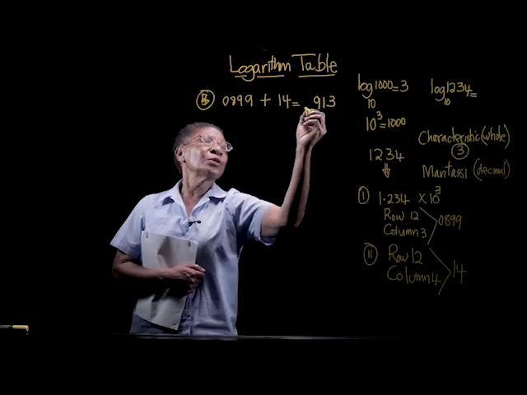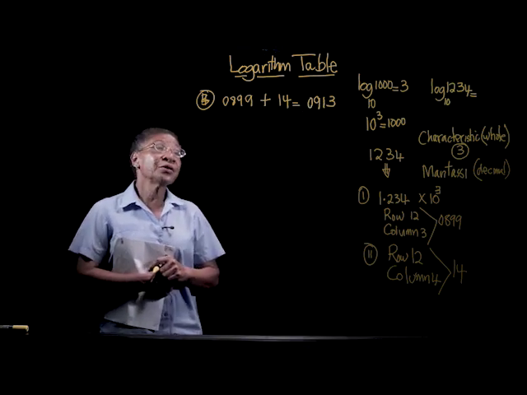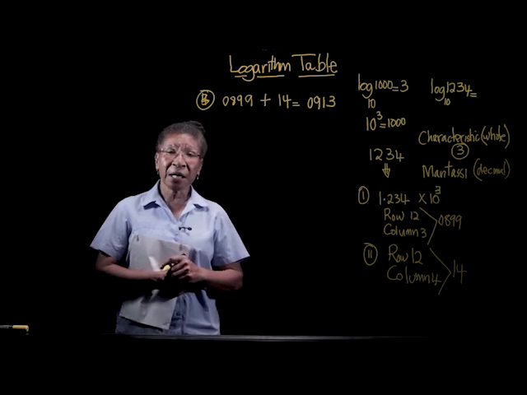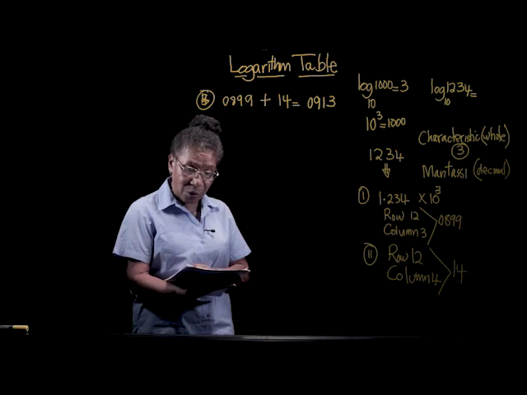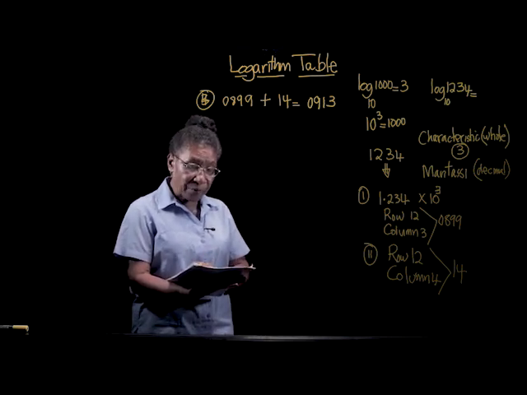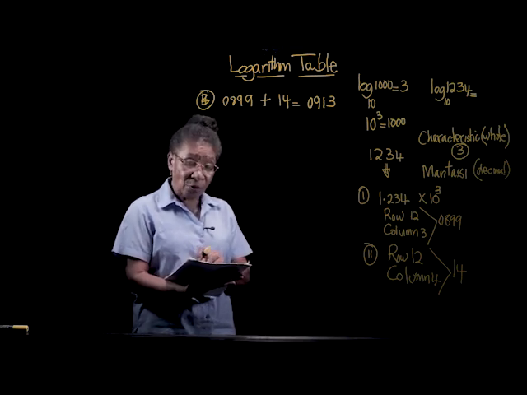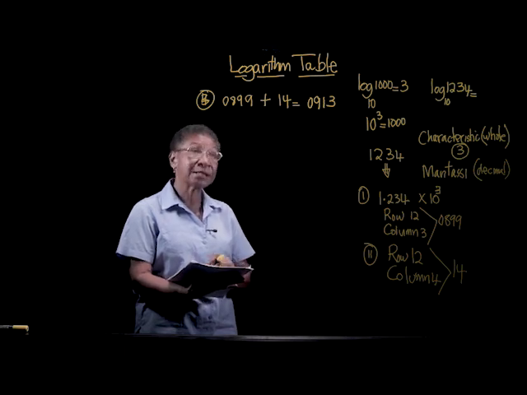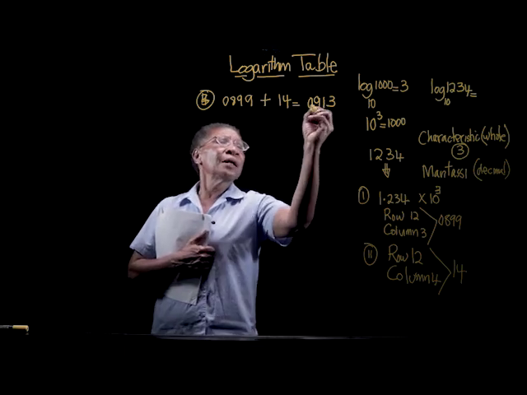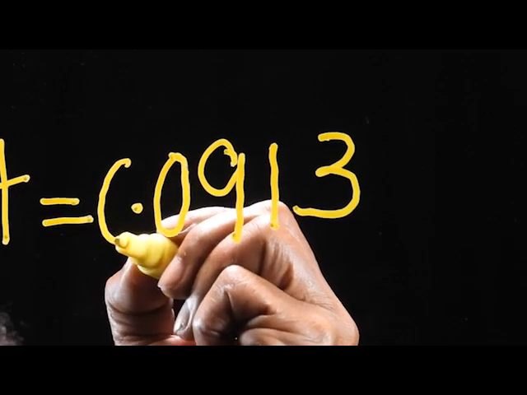0 plus 0 would give me 0. And I now have 0913. In the tables, if you look at the tables again, the table on the differences column, all of these, it represents the difference value. So it is all decimal except that the decimal point had been omitted. So now I have 1, 2, 3, and 4, and I've got my decimal point, and I've got now a number to